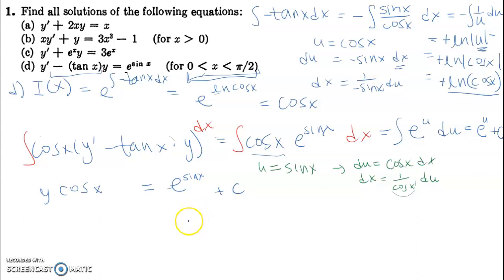Our last step is to divide both sides by cosine of x. So that leaves us with e to the sine of x plus c over cosine of x. And that's it. So we can just rewrite our final answer as phi of x